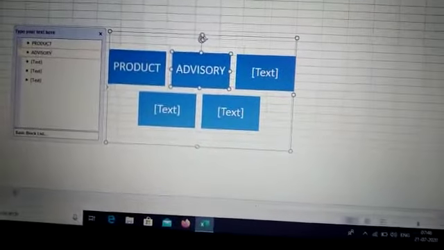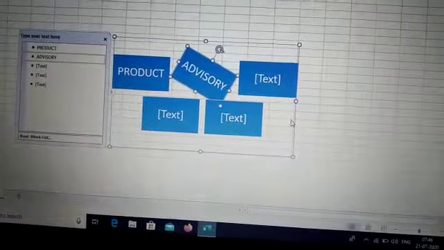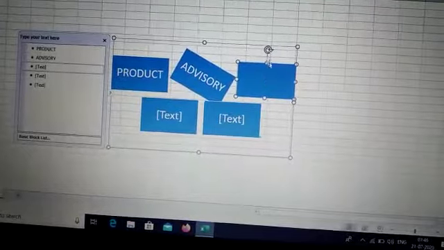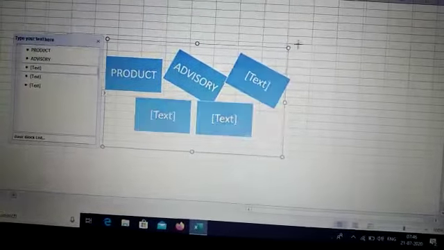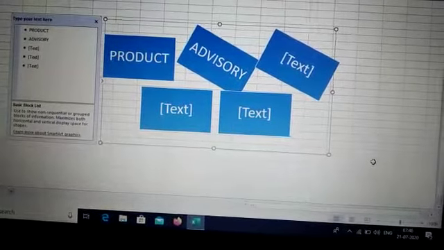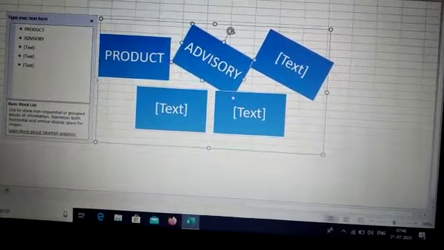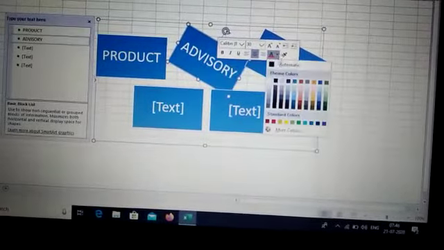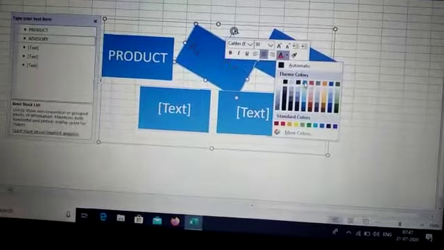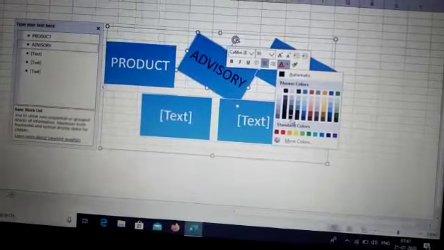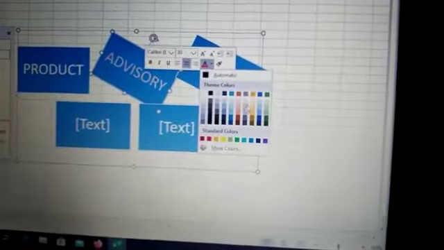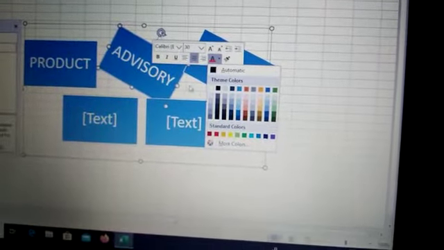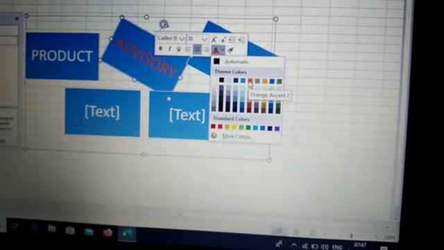That symbol I have told you is for the rotation. If you want to change anything, you will just select that box and rotate it. If you want to resize it, you can resize it. You can change the colors with the help of the theme color, meaning the color you are writing in. You can see I am just moving my cursor and you can see the changes in the colors of this written format.